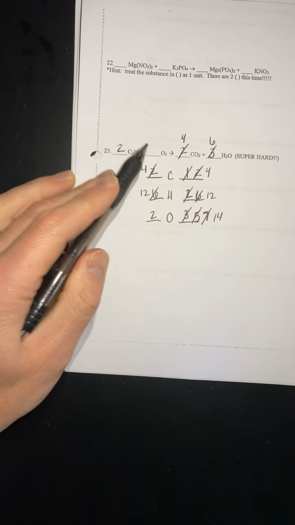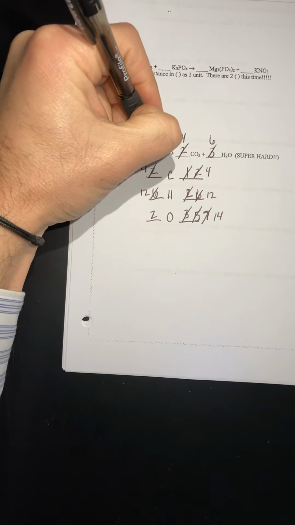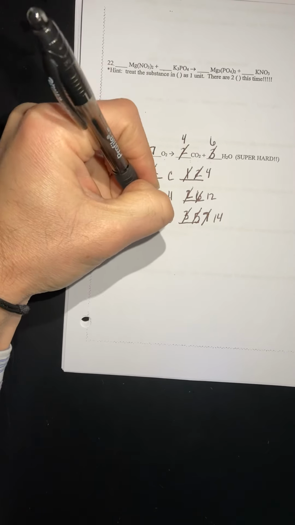So what times 2 equals 14? 7. So if I put a 2 right there, that gives me 14, and now it's balanced. 2, 7, 4, 6. That would be my coefficients. All right, anybody have any questions? Okay, what I want you to do for tomorrow is the easy ones. All right, just the